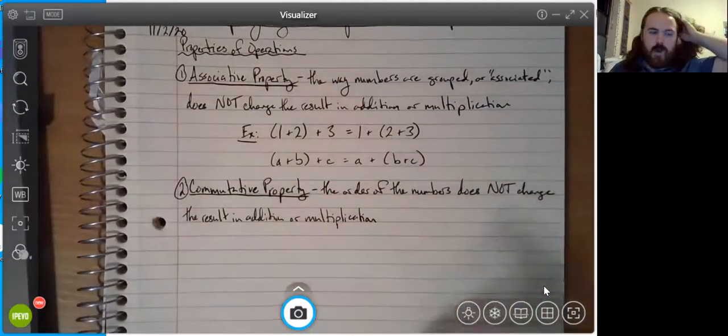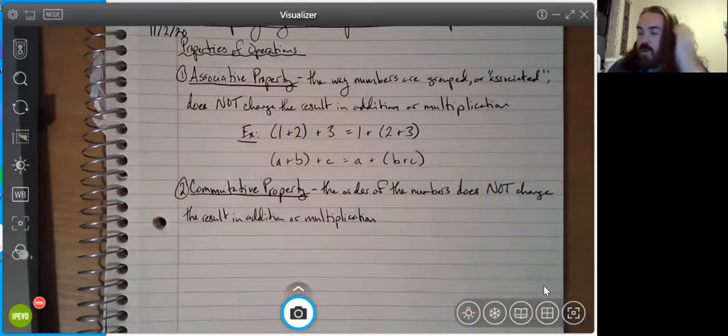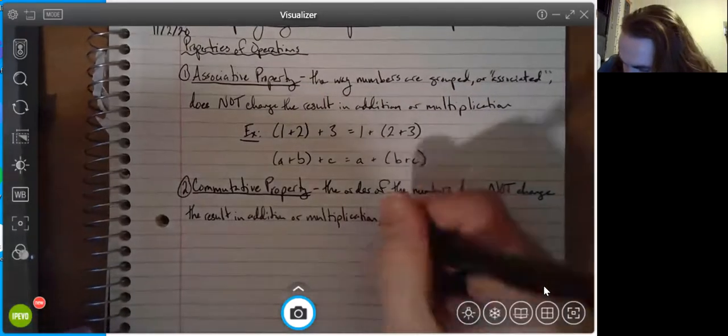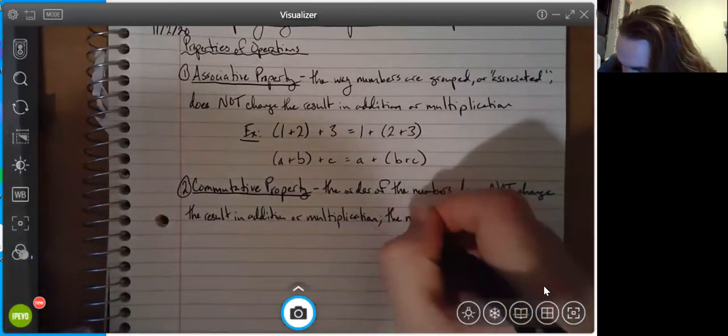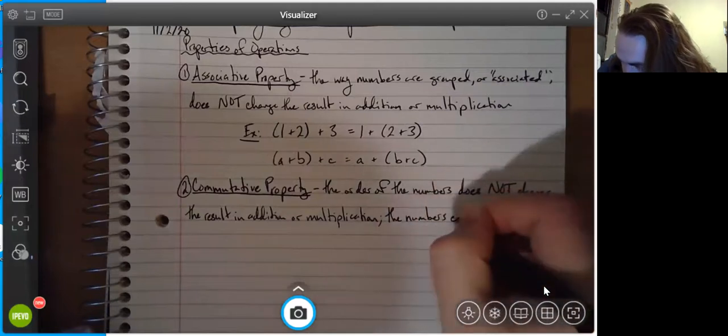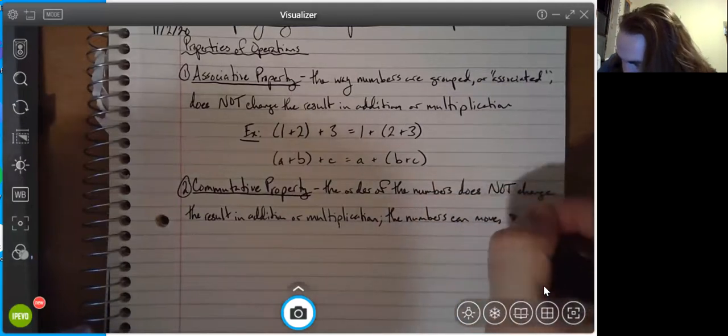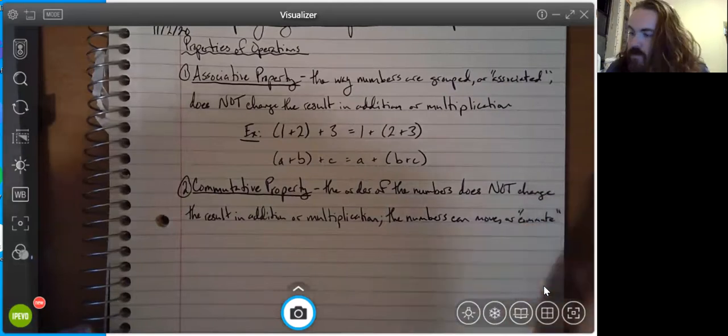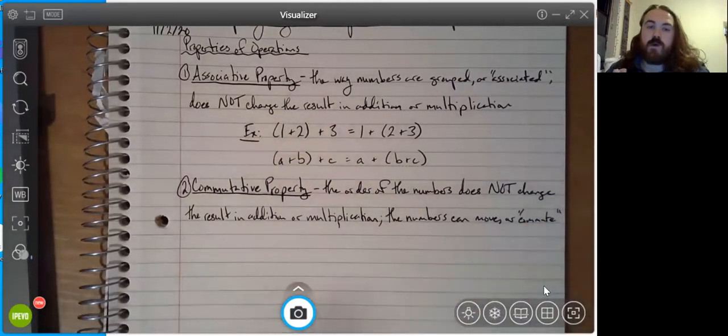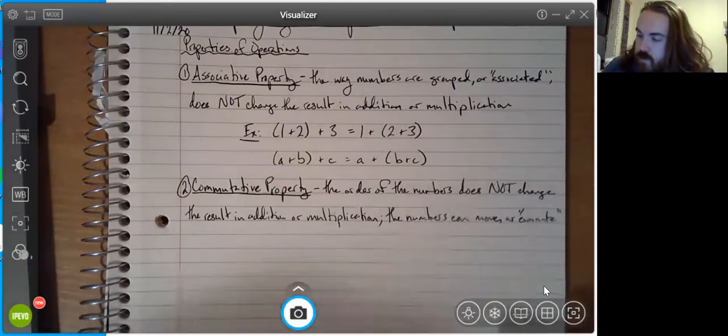Well, if we're talking about order, why is it called a commutative property? Well, again, it's because the numbers can move or commute. So because the numbers can move around, which is another way of saying commute, that's why it's a commutative property. So for example,